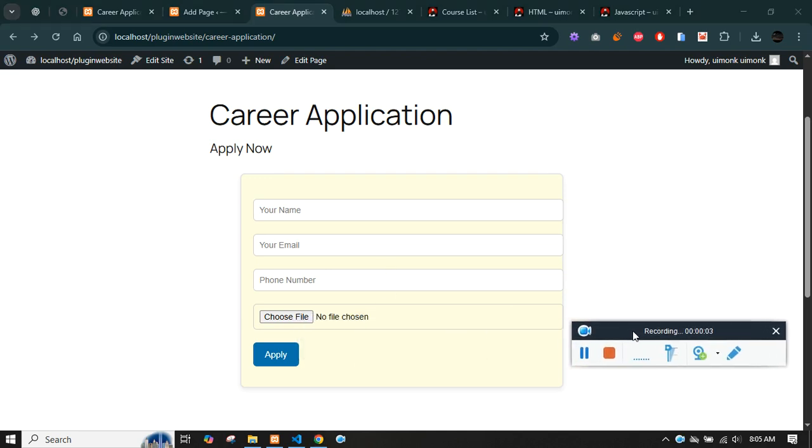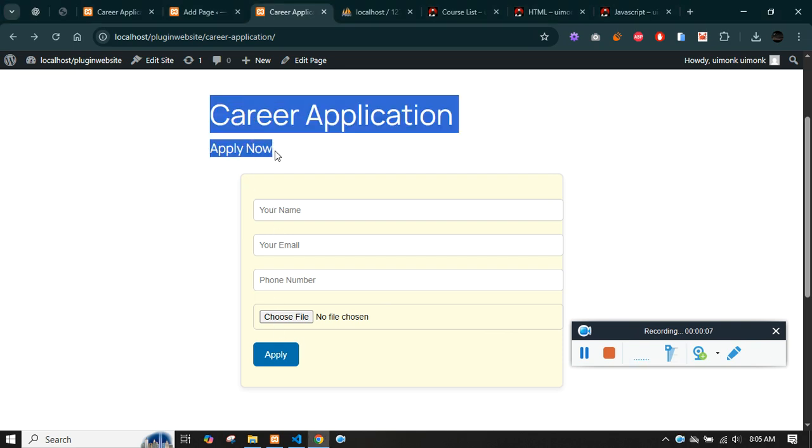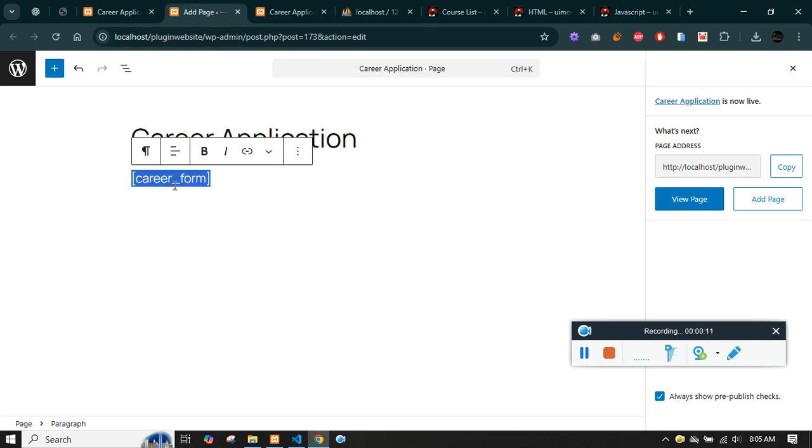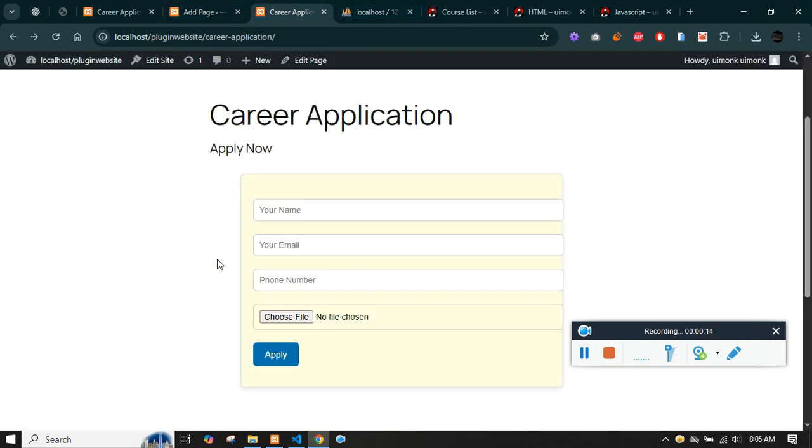Alright, in this video we'll see how to create a form, a career application form. This form is coming from a shortcode. Once I enter the shortcode, you'll see this form, and if someone fills in the data, that data gets stored